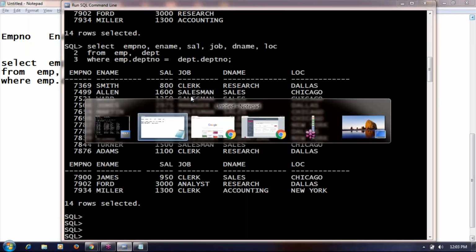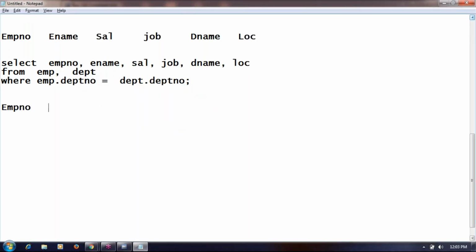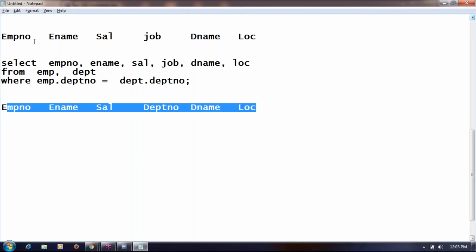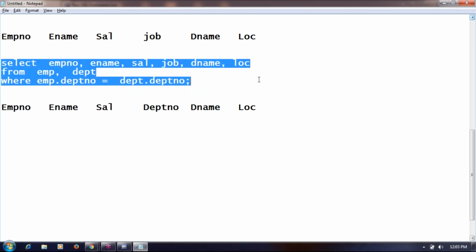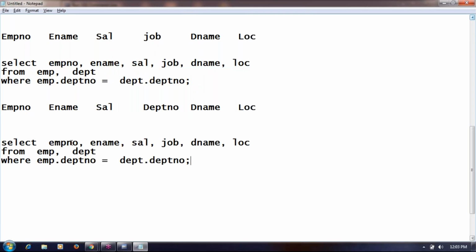This is very important. I want the output: employee number, name, salary, department number, department name, location. How many columns do I want in the output? 6 columns. It's almost like the previous query. Just changes: instead of job, I am displaying the department number. So Jamal, how to write the query? Almost the same query. Am I right? With a small change, instead of job, I write it as